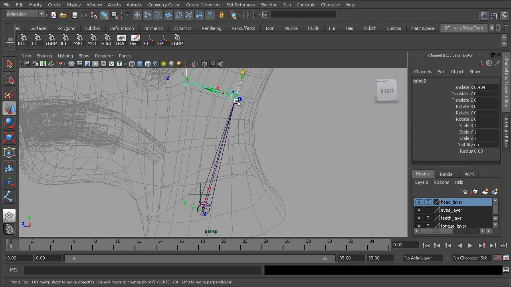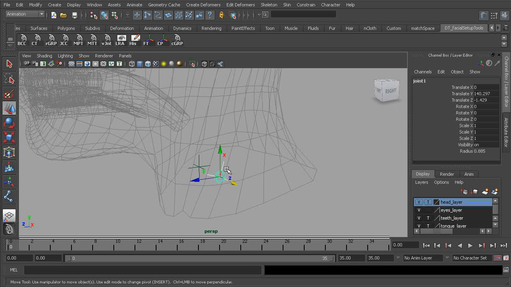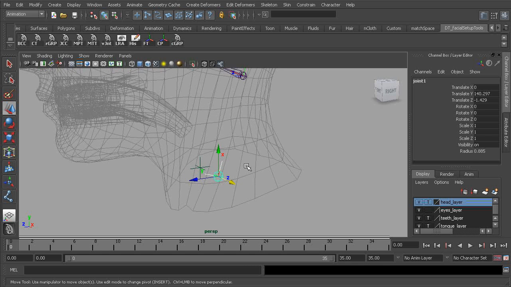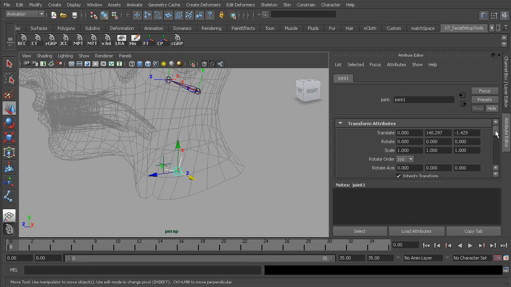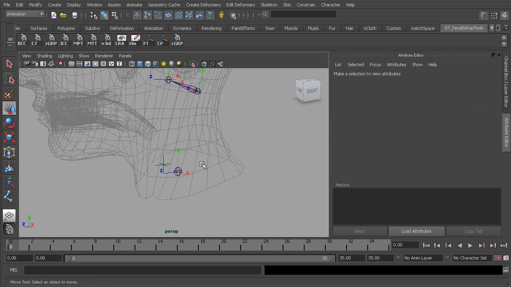So with that selected, I'm going to press Shift P to unparent. What we want to do from here with the neck bone selected is head over to the attribute editor, Control A, and we want to zero out its orientation. So starting afresh, just go to the joint orient and place in values of 0. All right, so from there,